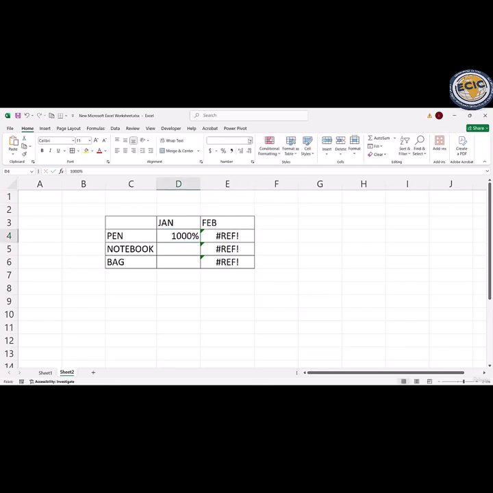I will select this, and then select normal, so no specific format. So this is 10 and this is 50, so all items will be general, so no specific format. So this is 50, and after that 100,